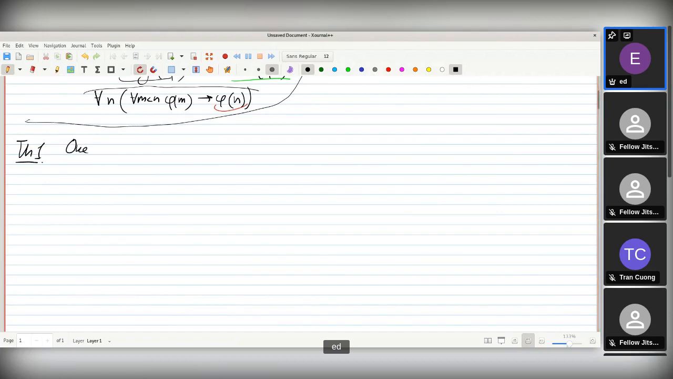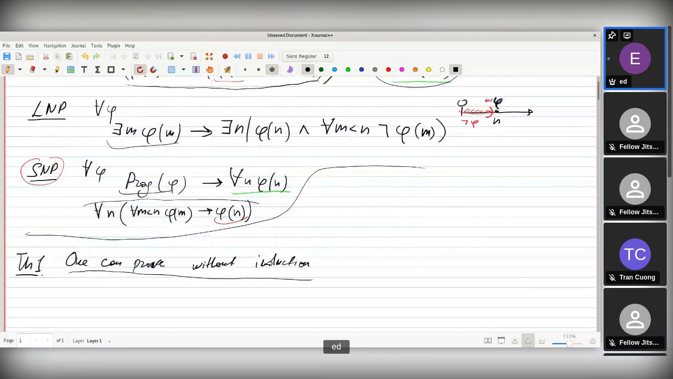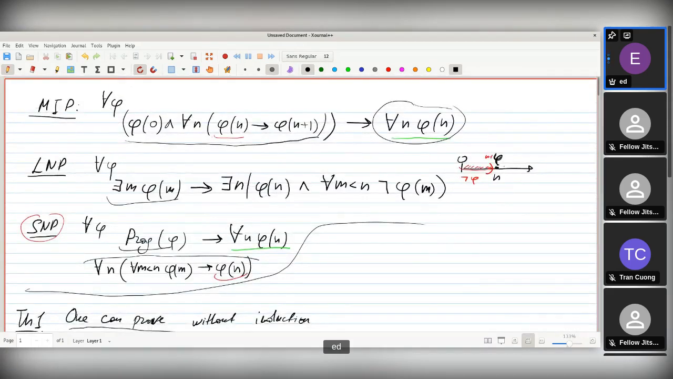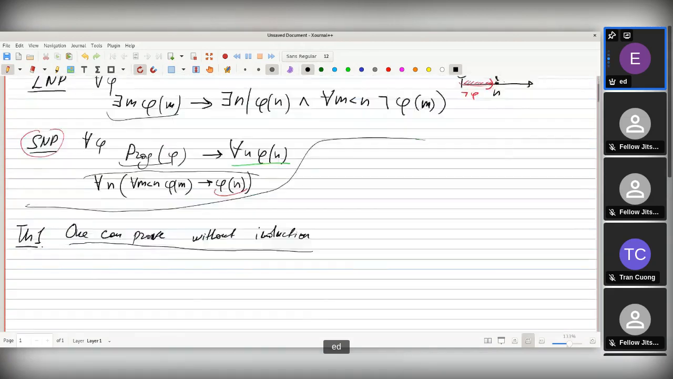Let us state it the following way. One can prove without induction. It is important, for otherwise you can use induction to prove induction. So you can use, say, the least number principle to prove it. That's not good. One can prove without induction that